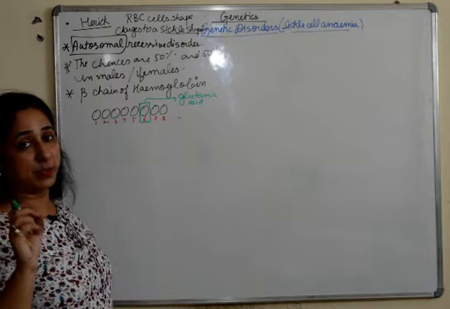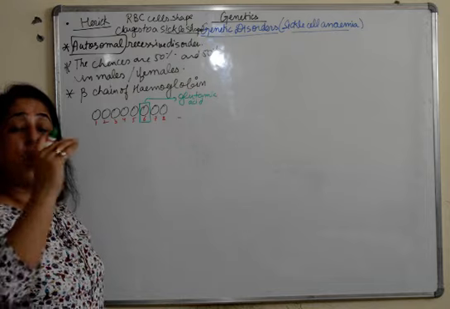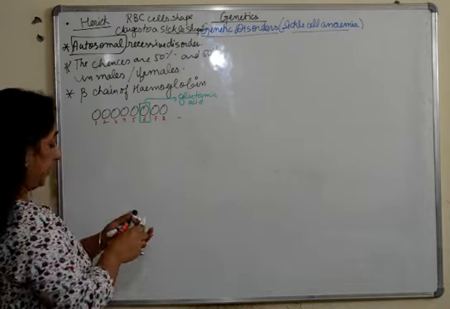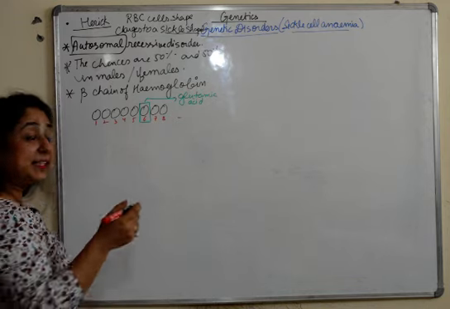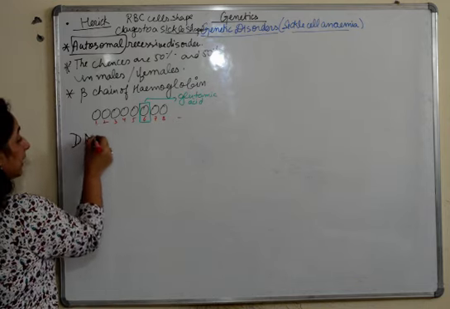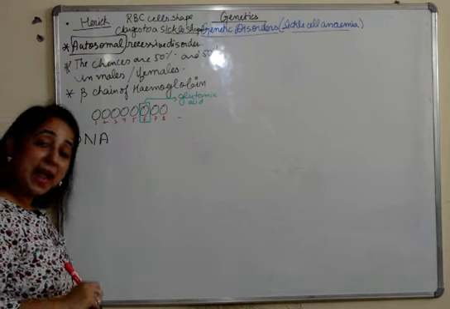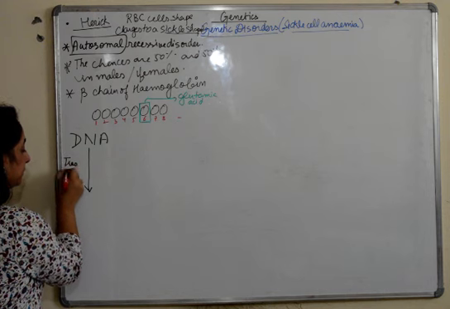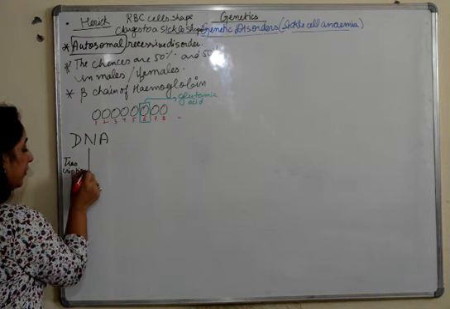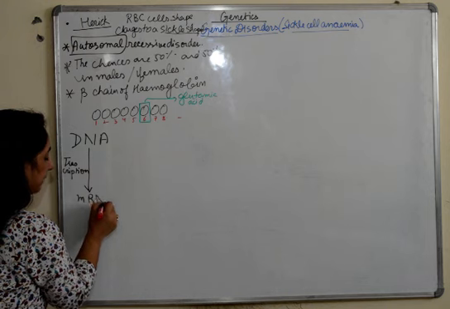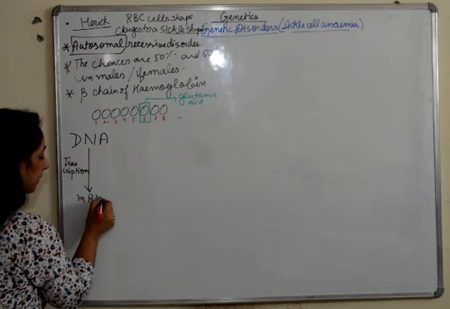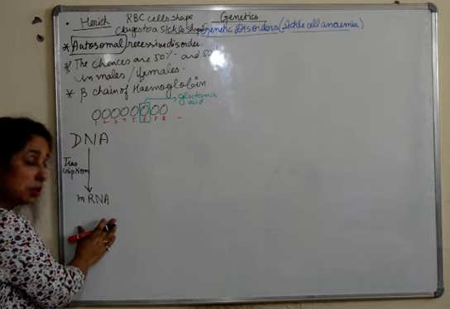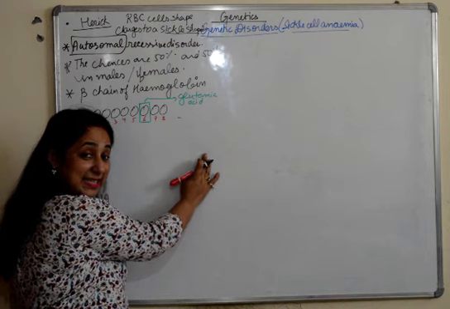There is the change which takes place. Now we'll talk about where this change starts from. How does this change occur? For this we need to know that the change is going to take place in the DNA, and this DNA is going to undergo transcription and will form mRNA. Fine. So this DNA transcribes to form mRNA. This we all know. The change is going to take place in the DNA.